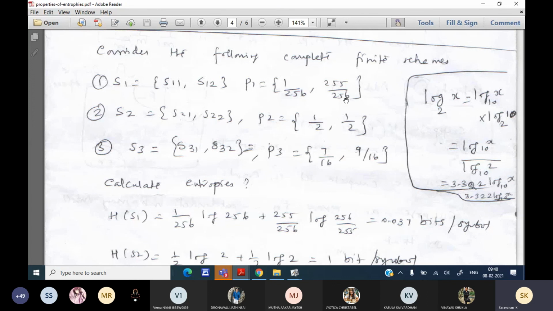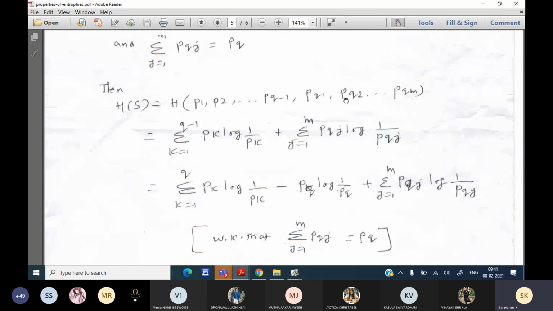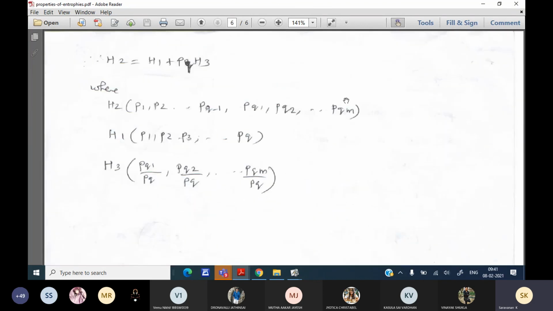Anyway, this is a simple problem. Next class we are going to do a problem based on average information again. With this I can complete my lecture today. Today we have done a problem based on the rule of additivity. Rule of additivity is a property of average information or average entropy. You should know how to prove the rule of additivity. Sometimes the probability will be given and you have to verify. You have to apply H2, get H1, find P and H3, and then prove the property. Sometimes you have to assume your own values and verify that property also.